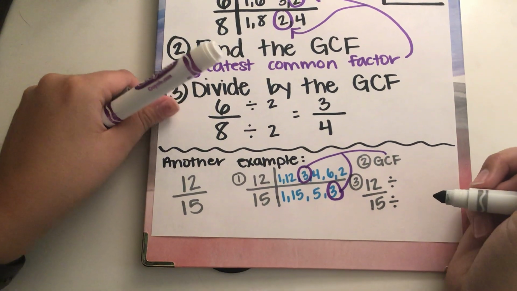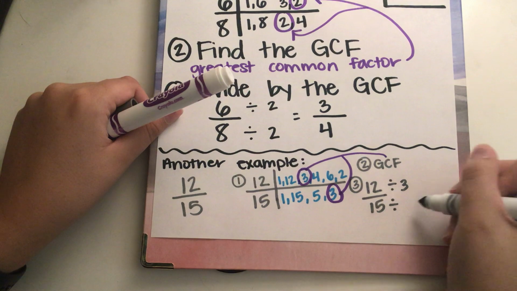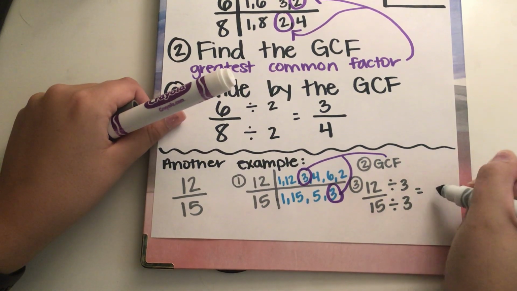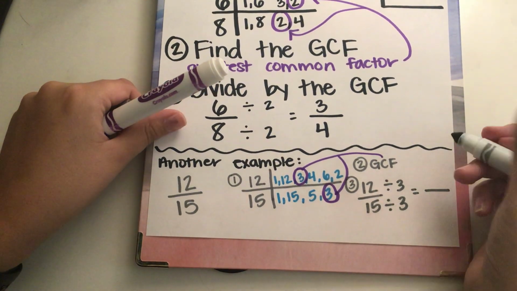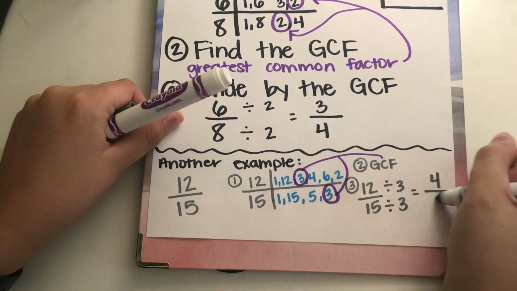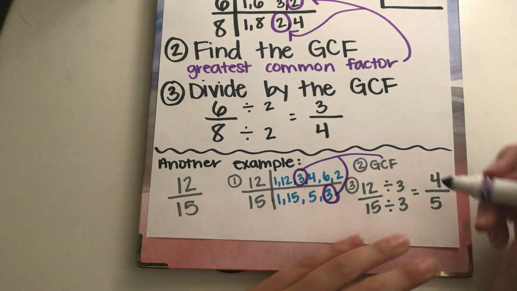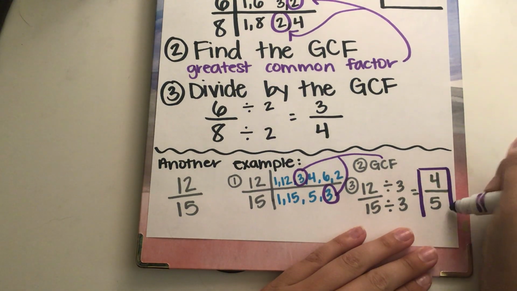You have to divide the top and the bottom. Whatever we do to the bottom, we do to the top. Dividing them both by 3. 12 divided by 3 is 4. 15 divided by 3 is 5. So my simplified answer of 12/15 is 4